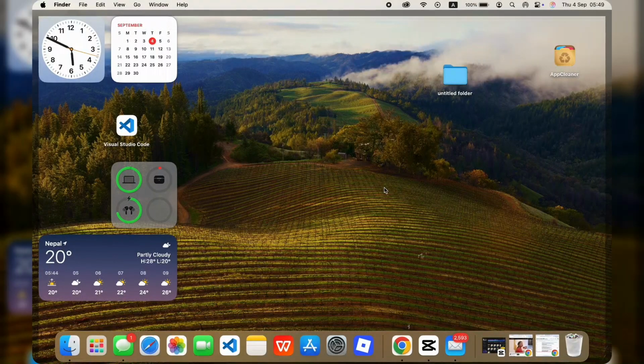Once you tap on it, the screen capture toolbar appears at the bottom with the options. You can see capture entire screen, capture selected window, capture selected portion, record entire screen, record selected portion option available